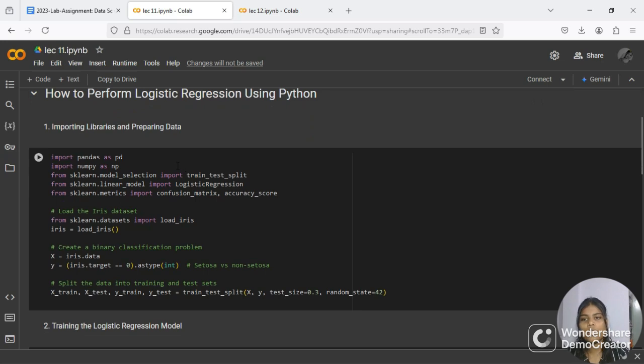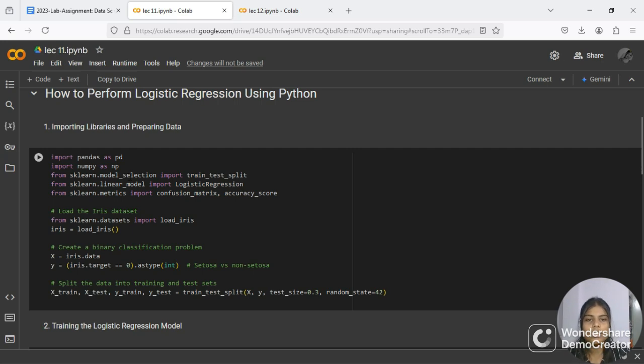In this part of the code, we are importing libraries and preparing the data. First of all, we are importing the libraries. We import the Pandas library and assign it the alias pd, and import the NumPy library and assign it the alias np.